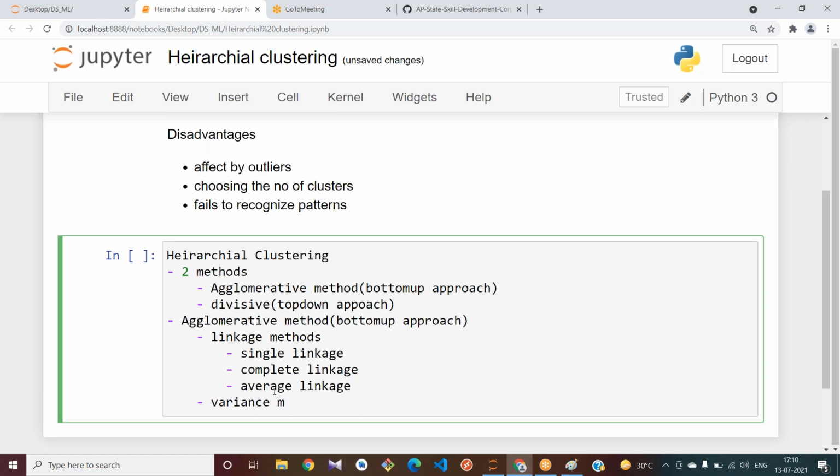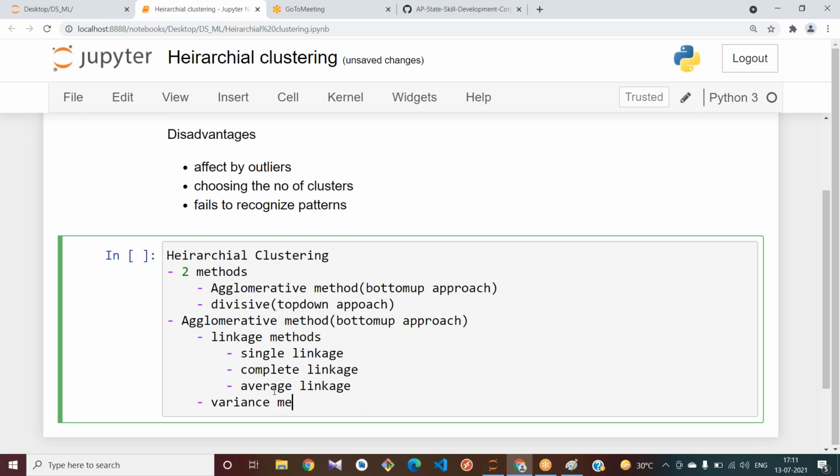See, in the first level, each and every data point is in its own cluster. If you try to find the variance, it will be zero variance. And if you combine two data points into one cluster, you will have some variance.